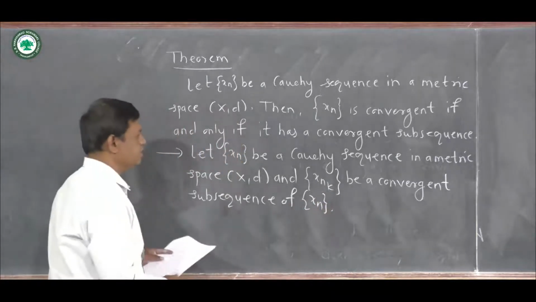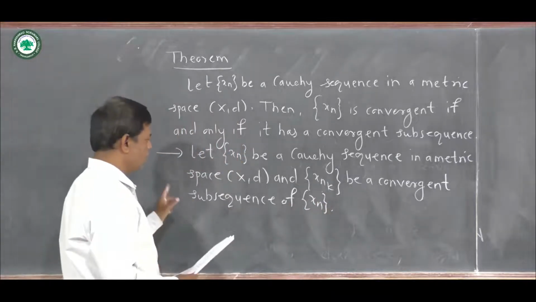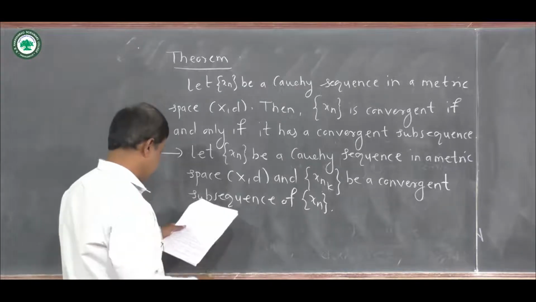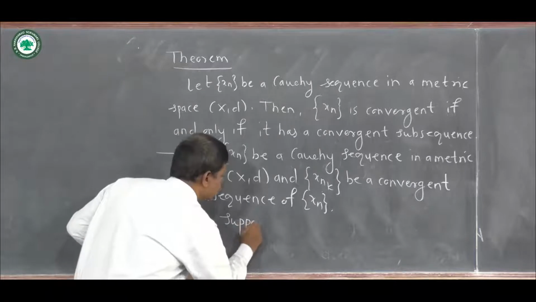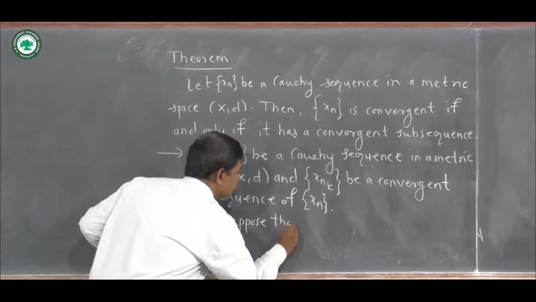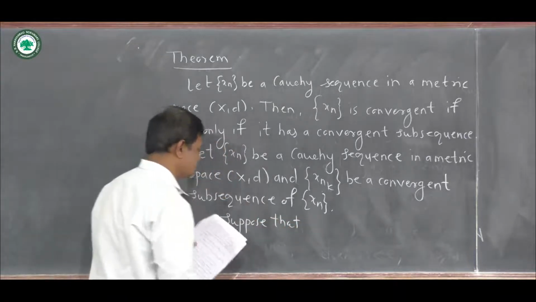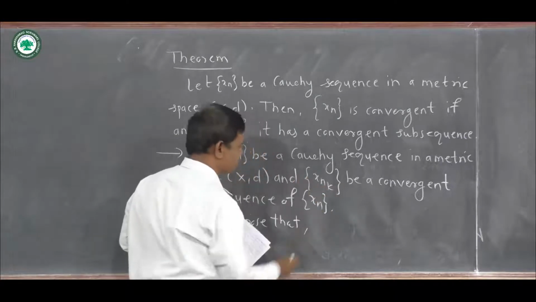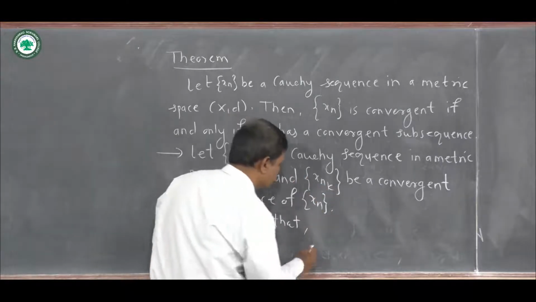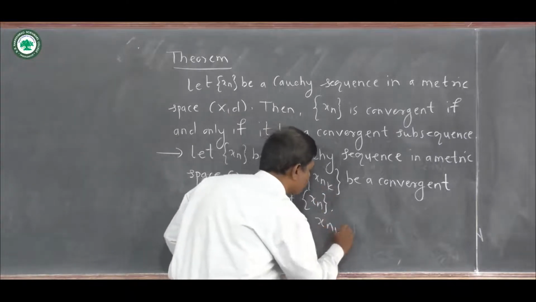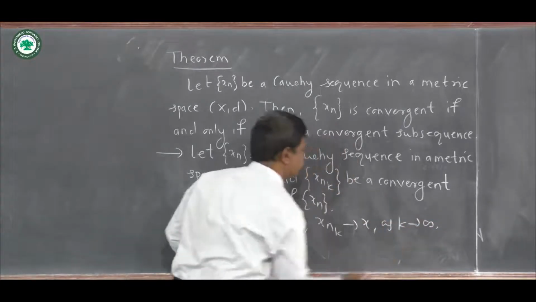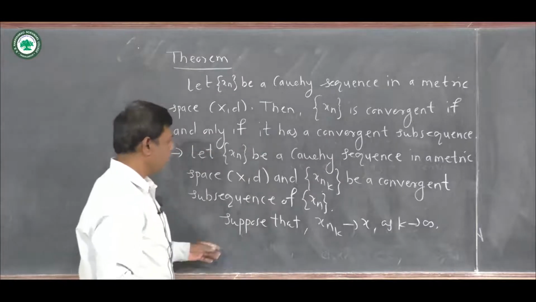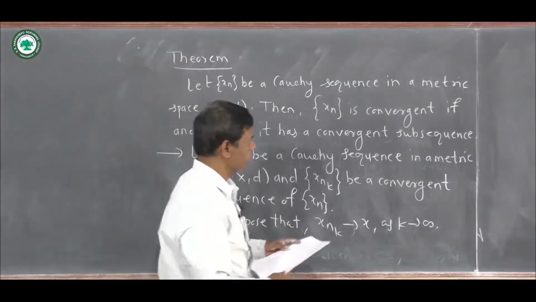Now x_{n_k} is the convergent subsequence of x_n here. Suppose that, since x_{n_k} is a convergent subsequence, we consider the limit of that sequence as x. So suppose that x_{n_k} converges to x as k tends to infinity. Then, by using the definition of a convergent sequence,